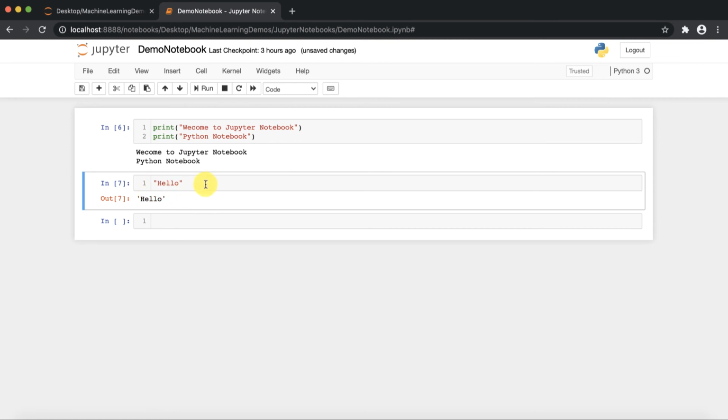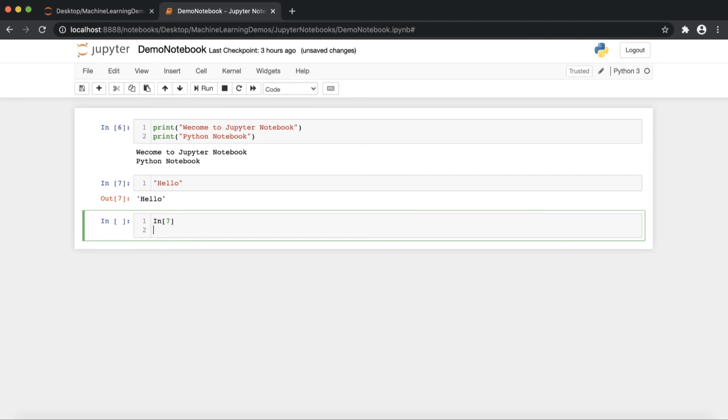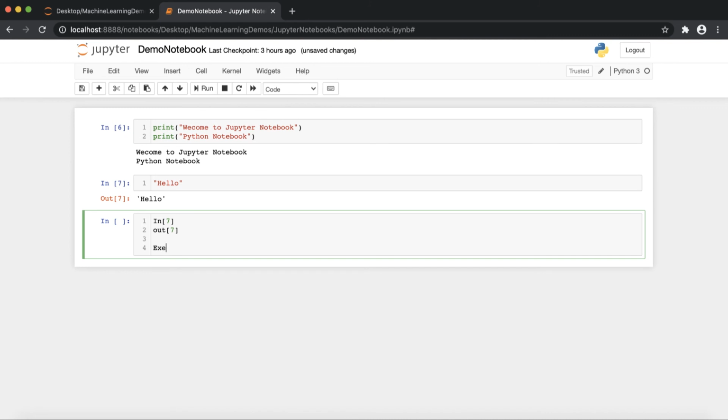Now you will be wondering what is this number besides the cell. Here it is displaying like In and 7. Then it is displaying Out, then some number 7 is there, right? So what is it? This is input and output, right? But this particular number is the execution order. Whenever you are executing a Python notebook, some execution order numbers are given automatically by the kernel, right?